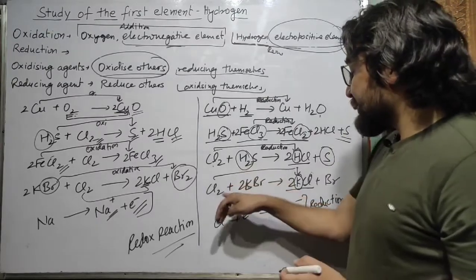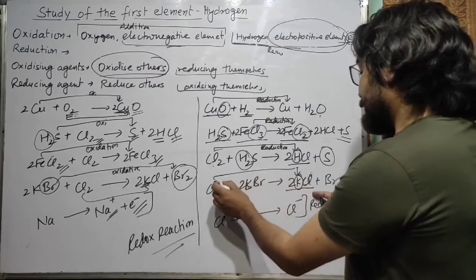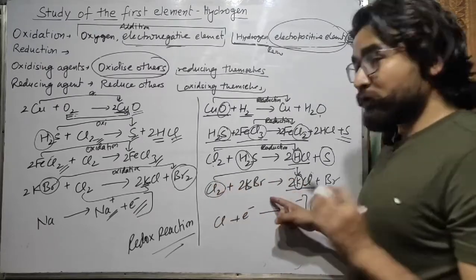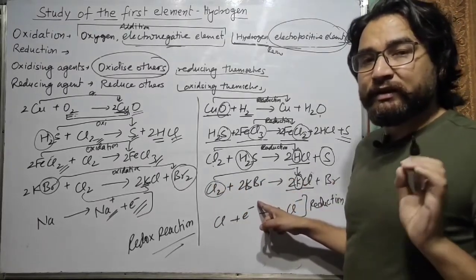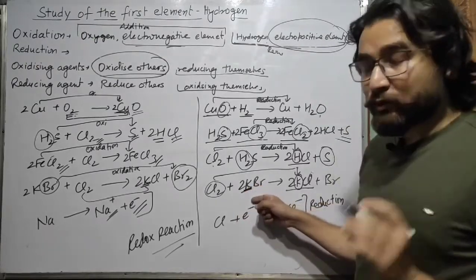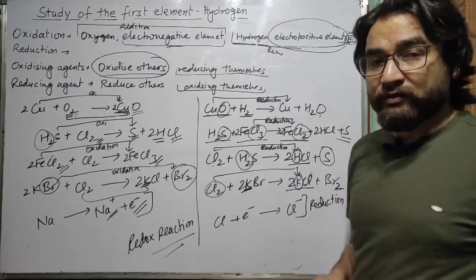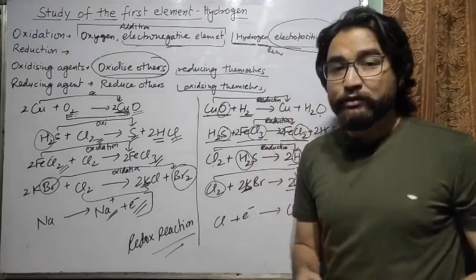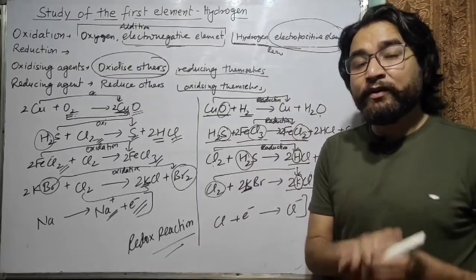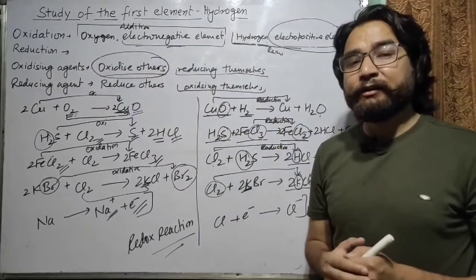And at last we have added potassium to chlorine. So addition of electropositive element is reduction, but this potassium has been removed from bromine. So this will be the oxidation of bromine. So hope you have understood the meaning of oxidation and reduction, the meaning of oxidizing and reducing agents.